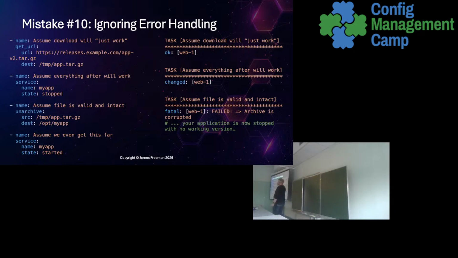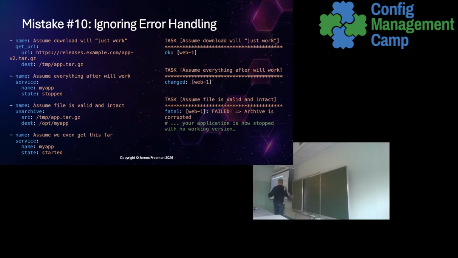I've given them silly names that give you an idea of where the logic in this flow is going to go wrong. Because the whole idea is that Ansible will handle errors gracefully, so it'll hit an error, and its default behavior is it won't run any more tasks on that host, it'll just stop. It'll continue on other hosts if there are ones in the inventory, but it stops dead on that host. That prevents it causing any more damage because something went wrong. You can override that behavior, but it's actually a very sensible default.